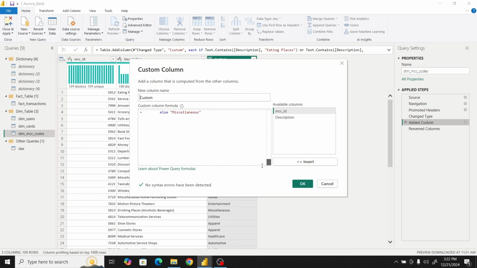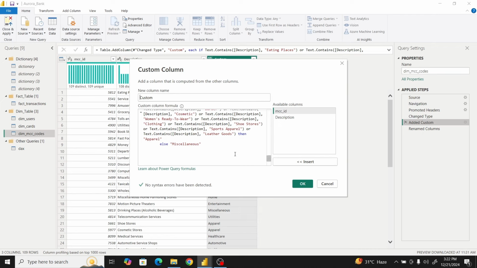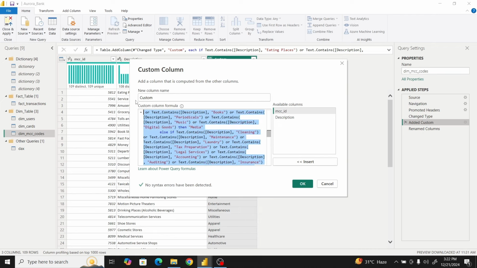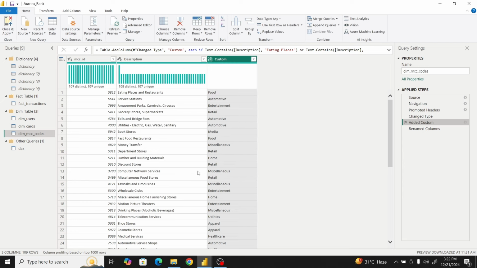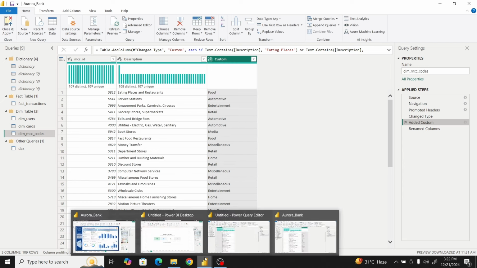I'm going to copy this code. I know the code looks really rough, but I'm just going to copy it. There's also a file attached to the OneDrive where you'll be able to see this code. You can easily just copy this code and use it for your own report. So I'll copy the code. I'll navigate back